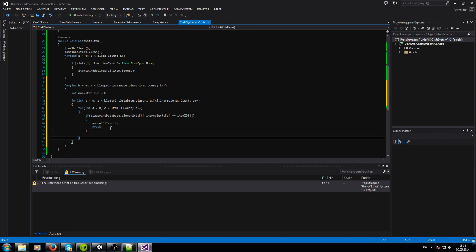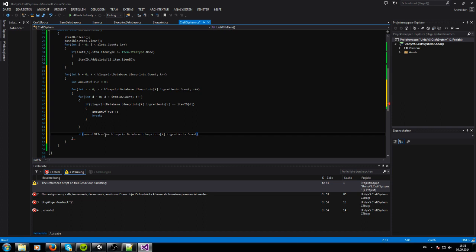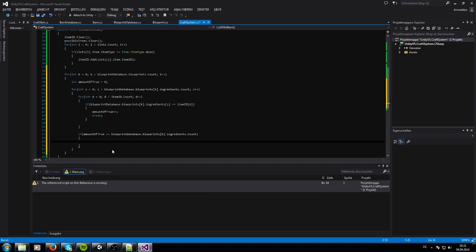And now we have to ask here if the amount of true equals the blueprint. Now blueprints from k, don't forget this, and ingredients. We need our ingredients dot count. So what I said now, when this amount of truth, so when everything that is in our craft system equals this blueprint ingredients amount, when this is equal, then we can add this item from this blueprint